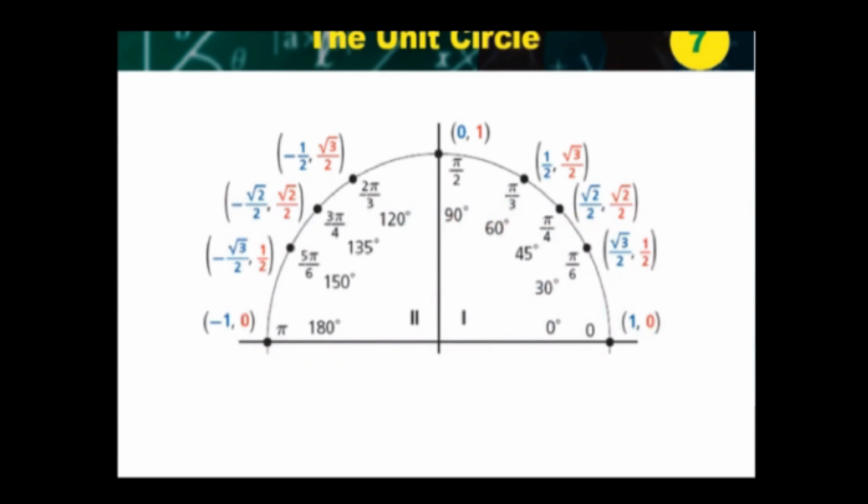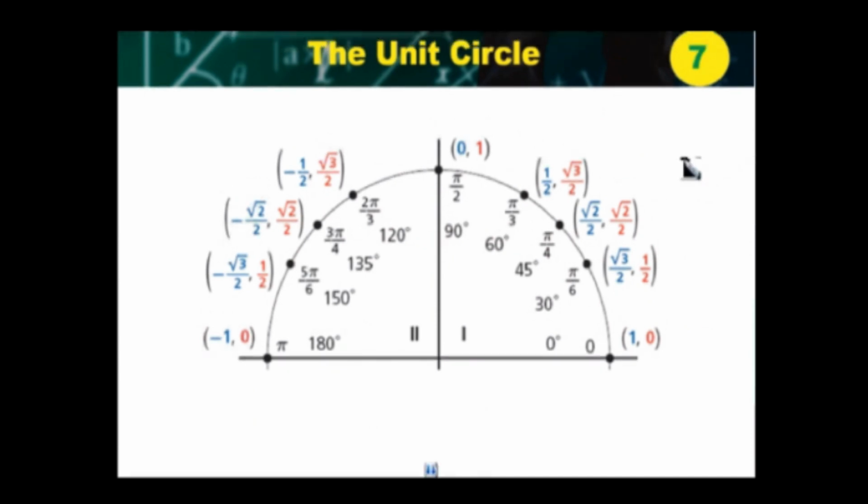Also, another thing I wanted you to look at closely. Look at this number here. This is 1/2, see that? Look at this guy. This is square root of 2 over 2. Interesting. Look at this guy, square root of 3 over 2. Very interesting. So if I said this is square root of 1 over 2, square root of 2 over 2,